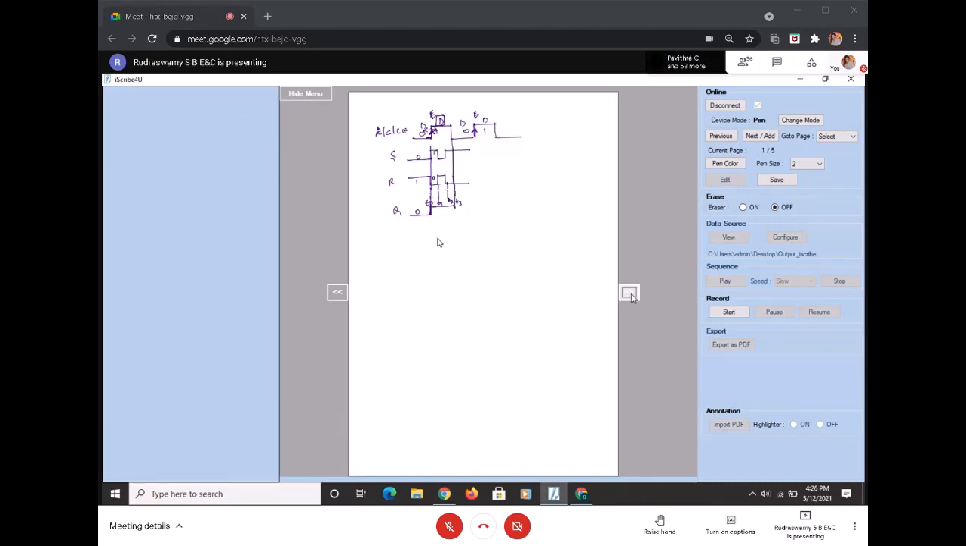And this output is called edge triggered. That means the output doesn't vary with S and R, even though S and R are changing, when the clock or enable is completely 1. The output is not changing because this flip-flop is enabled only during the edge trigger. Whereas in the previous case, if you see,